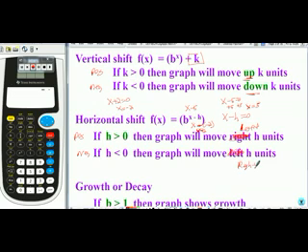Again, the easiest way to understand this is that whatever is bound up with the x, you set it equal to 0 and solve, and you'll be able to see where it goes. Another way is to remember that the horizontal shift goes in the opposite